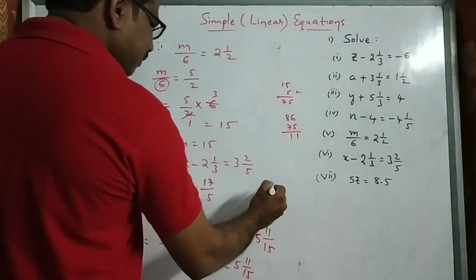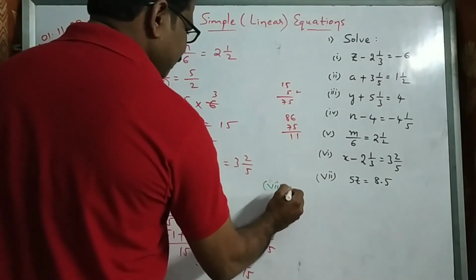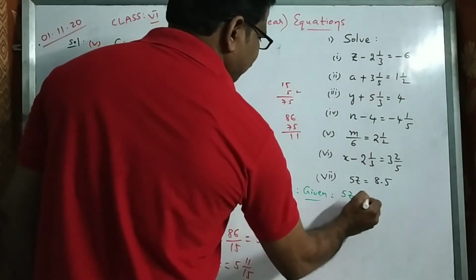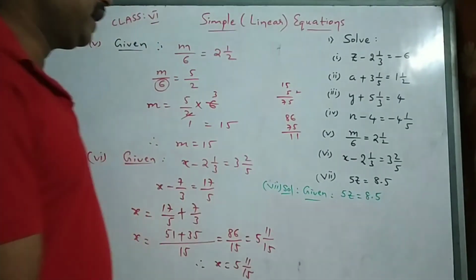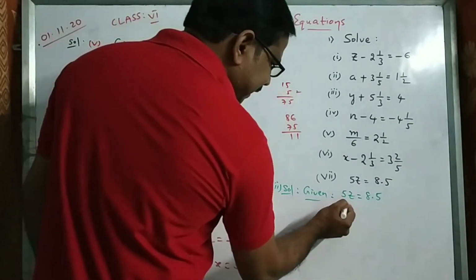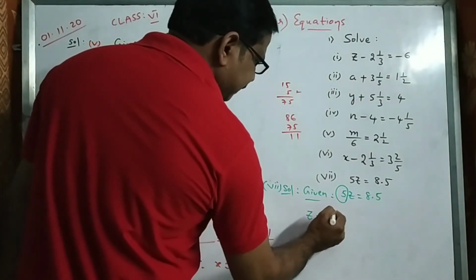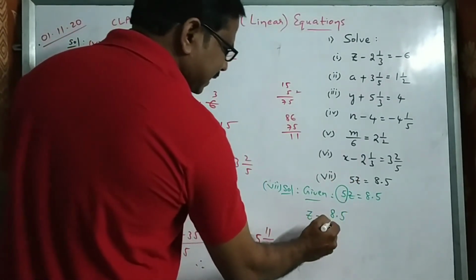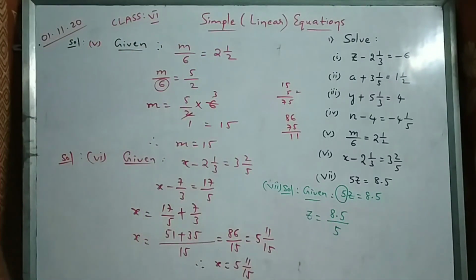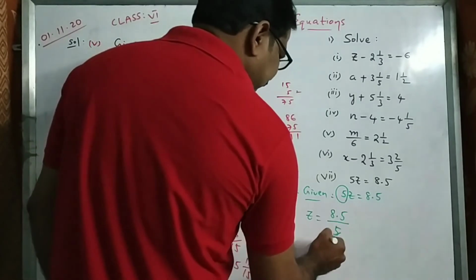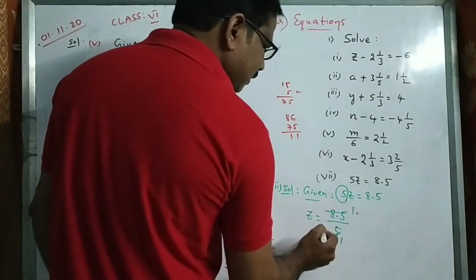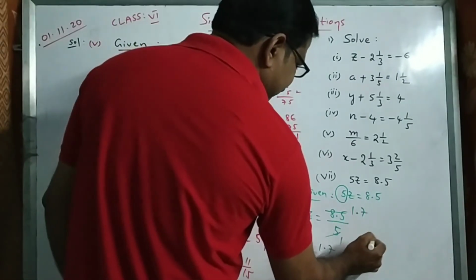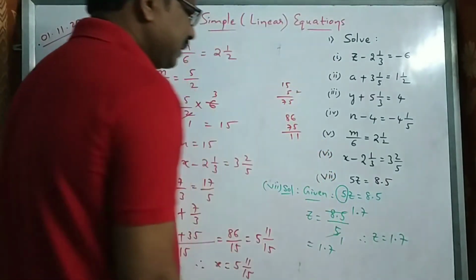Here only I can do the 7th one. See, a simple one. Given 5z equal to 8.5. Multiplication term, right? 5 is in multiplication. So transpose that side. So 8.5. If I transpose a multiplication term to the RHS side, it becomes a division term. Multiplied will be divided. So 5 1s are 5. So 3 will remain, 5 7s are 35. So equal to 1.7. Therefore z equal to 1.7.